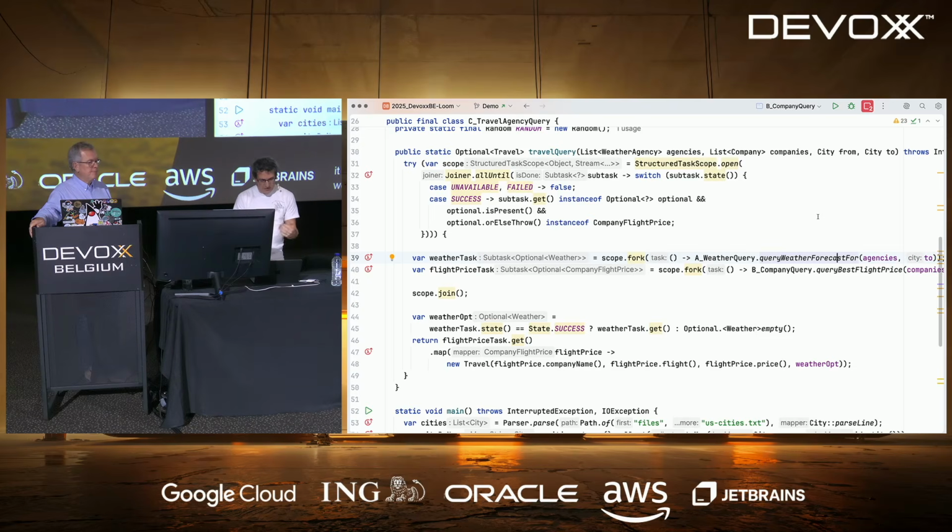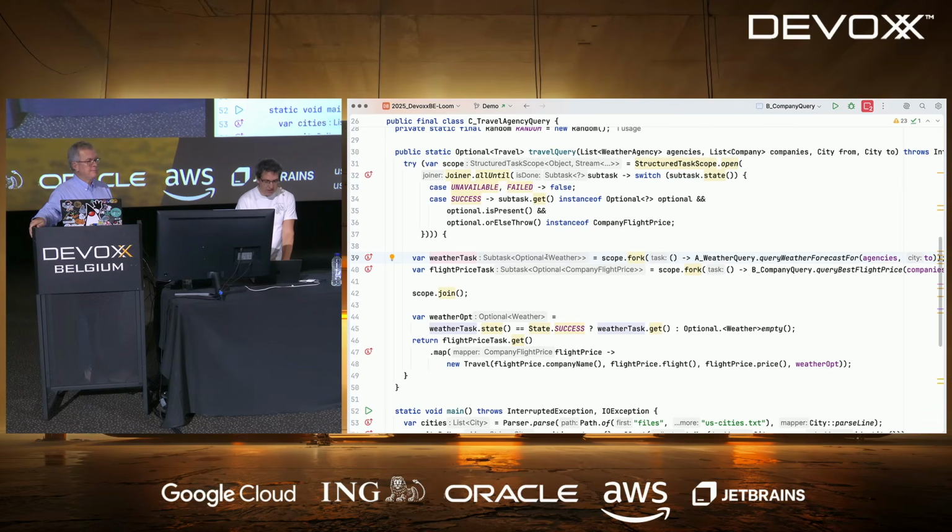So obviously, when I join here, I need to check the state of the weather. For that, I'll use the weather task here. And here you can see that because I'm using the result of fork, I can have the exact result in terms of typing.